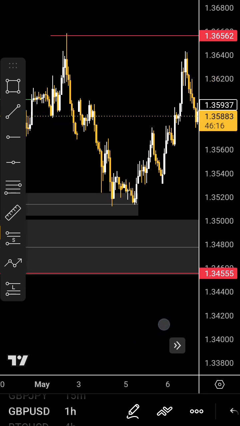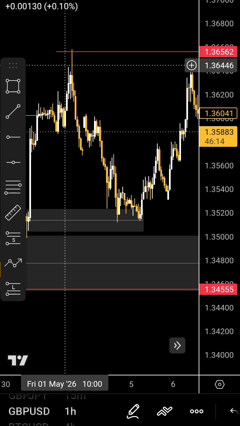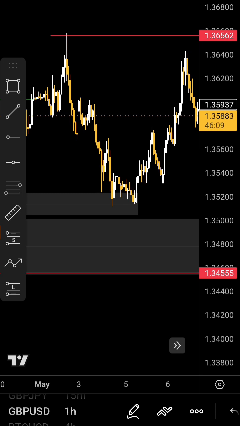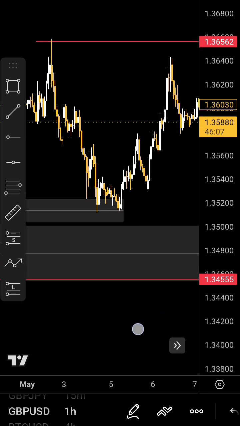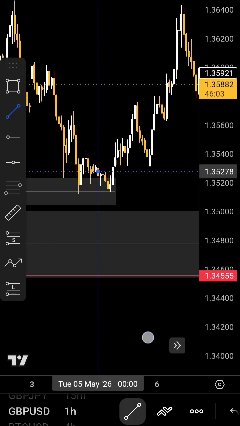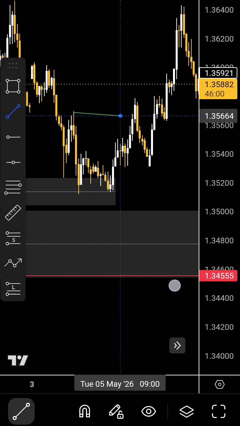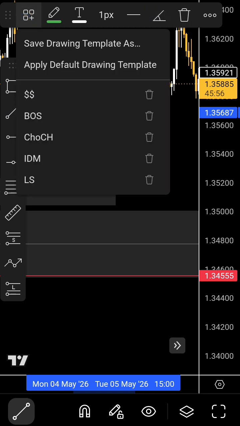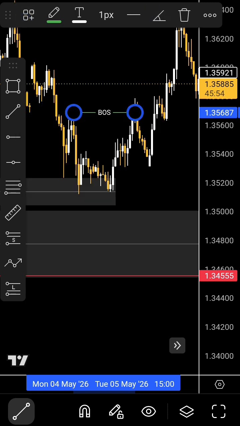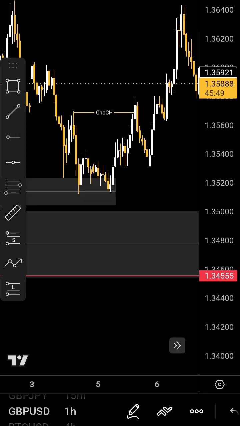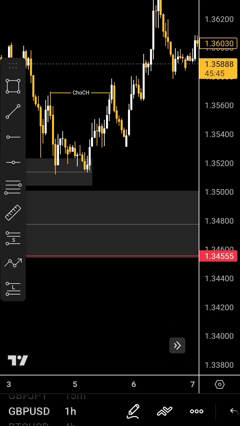Okay, now when you look at this price movement from up here to down here, you can see that there was a series of lower low, lower high, lower low, lower high, making it a downtrend until it came up here, and then we had a break of structure up here. So this became a break of structure, right? Actually, it's a change of character, because this is the last high that was formed in this kind of movement,